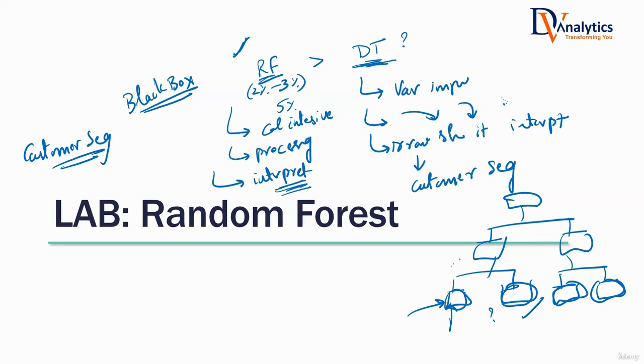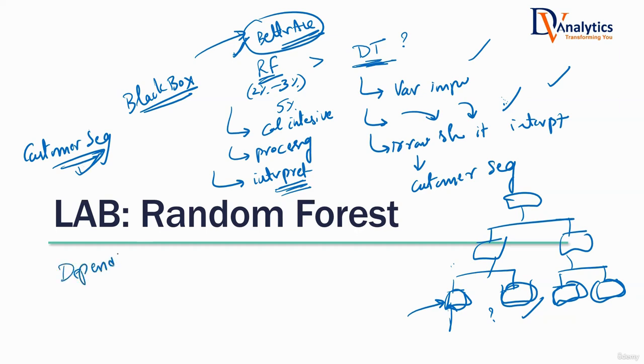Decision tree. So what I'm trying to say is random forest is giving you better accuracy. That's an advantage. But is better accuracy the only criteria that we always look for in every problem statement? Or are there any problem statements where we are okay with lesser accuracy, but we want interpretation power? That is why which algorithm to choose always depends on, what does it depend on? Business problem.